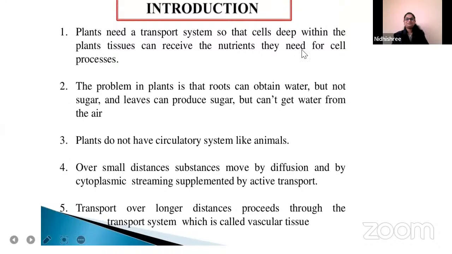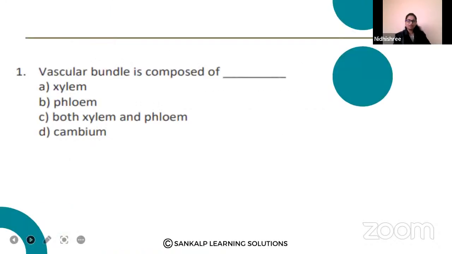Fine. Yes. Let us proceed with the first question of today. Very easy question. I expect quick answers from you all. Vascular bundle is composed of what? Option A, xylem. Option B, phloem. Option C, xylem and phloem. Option D, cambium. Yes, guys, what is your